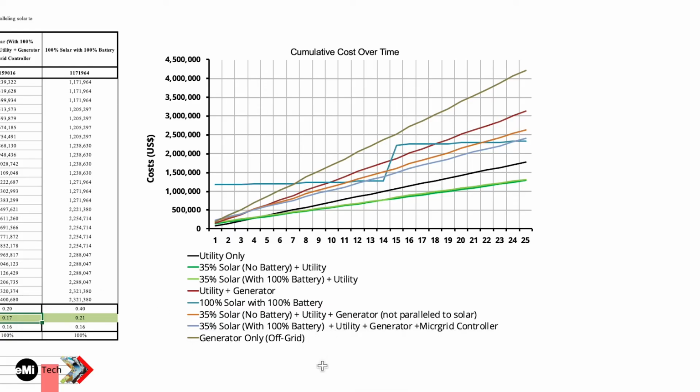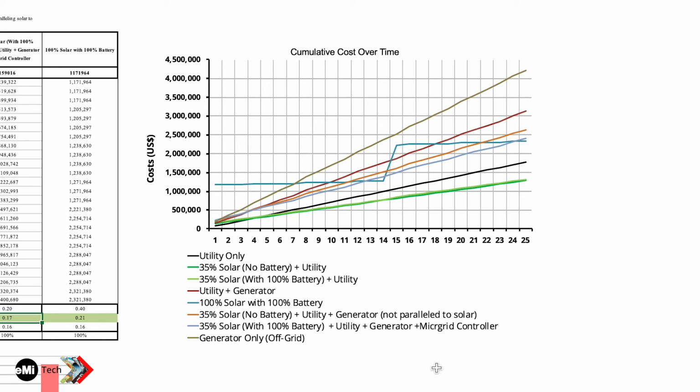These are the systems that we have in there by default. So I just wanted to spend a little time to explain what these systems are. This is self-explanatory, generator only system. It'll give you the price for that. Utility only, it's self-explanatory. Utility plus generator means if the utility's on, it's off the utility. When the utility's off, we're running off a generator.